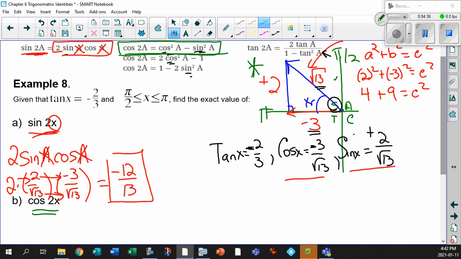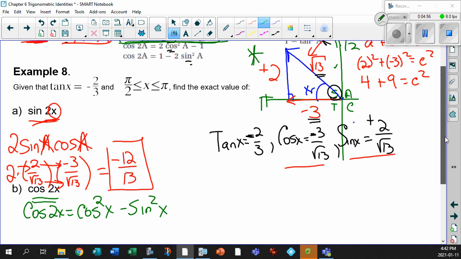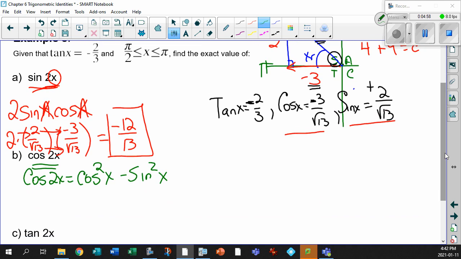So look at this. It's no longer a's, they're all x's. But look what you have. You have cos 2x equals the cos squared of x minus the sine squared of x. Okay, so that just means take your sine and your cos and square them. Look at this. There's your cos, which is minus